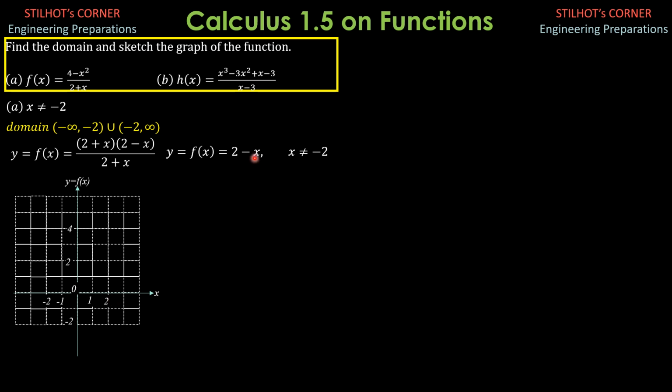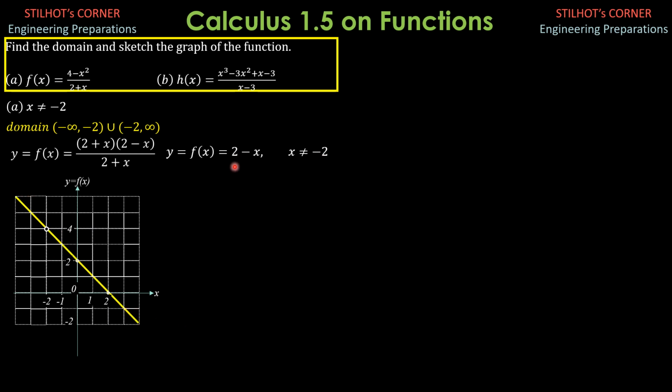So first we plot when x is 2, y is 0, which is here. When x is 0, y is 2. So here, and the other point is when x is 2, y is 0, so it's here. So these are the 2 points. Then let's extend it, and remember that when x is negative 2, supposedly we do not substitute it, but at negative 2, y is 4, so it is an invisible break, but I just emphasize it here and open that. That's it. And we connect this with a straight line because that's a line.